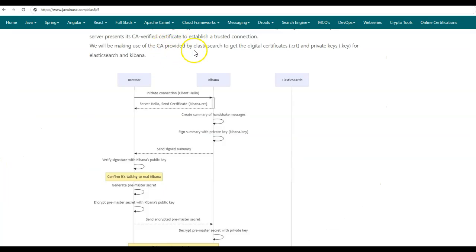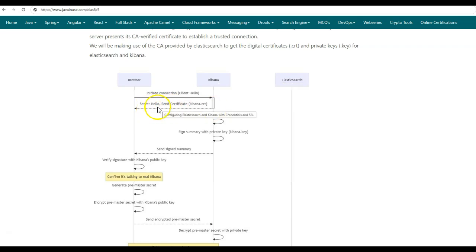Next, let us have a look at the SSL flow we have implemented for Kibana using the .crt file and .key file which are provided to us by the Elasticsearch CA. So once Kibana is up and running using SSL, the browser will initiate a connection to Kibana, and it does so by sending a client hello message to Kibana. This message that the browser has sent will include the SSL/TLS versions and the cipher suites that this browser supports, and Kibana needs to select from one of these. Kibana then responds back with a server hello message, and in this message it also specifies the SSL/TLS version and the cipher suite that it is going to use.